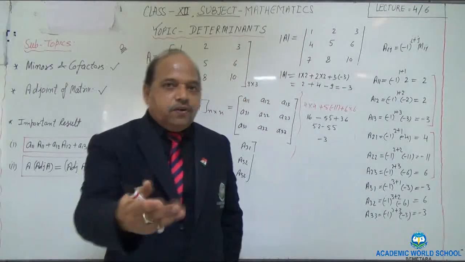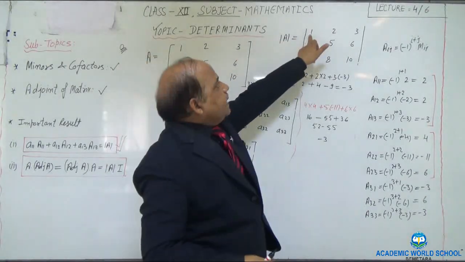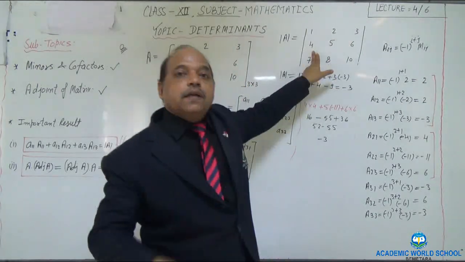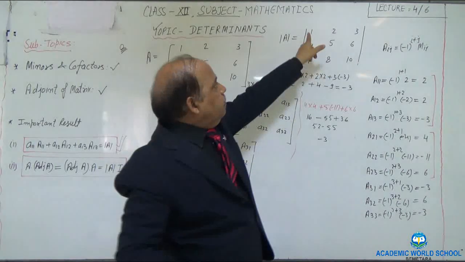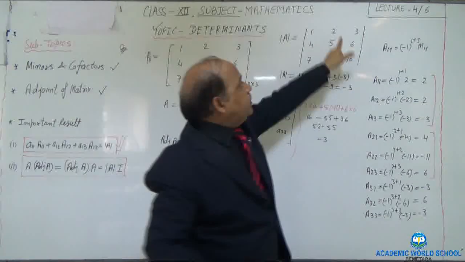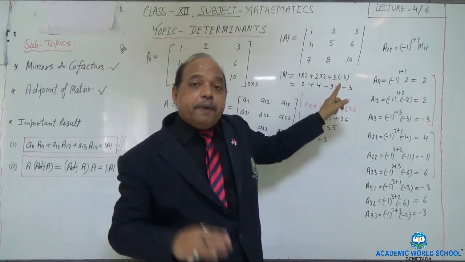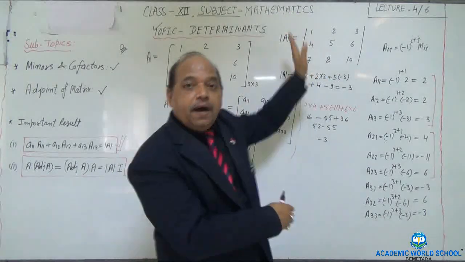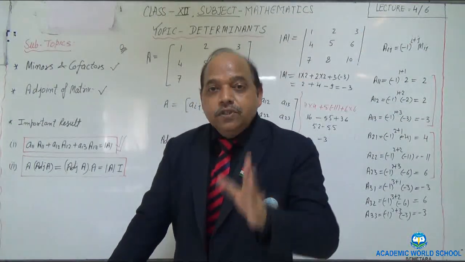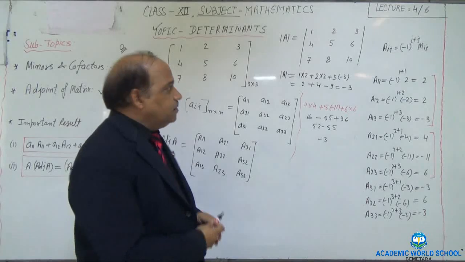Now, for example, if I don't do that, what will happen? Take the elements of the first row and multiply by the cofactors of the corresponding elements of another row, say the third row. Or take the second column and multiply its elements by the respective cofactors of either the first column or the third column, and check the result. I promise you won't get anything except 0. This is homework for you. Please carry on with this.